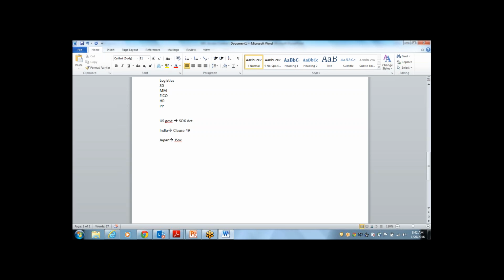So SAP GRC has been designed by following SOD, SOX rules properly and perfectly. They designed SOD rules as per segregation of duties rules and SOX Acts. Automatically, you are now able to identify violations for a user and then define it. So you are not creating anything new in SAP GRC. SAP GRC has already provided a standard rule set. Of course, you are going to customize it if your client is expecting customization as per their requirement. That is the second point.